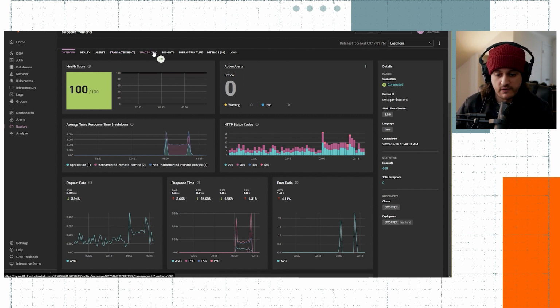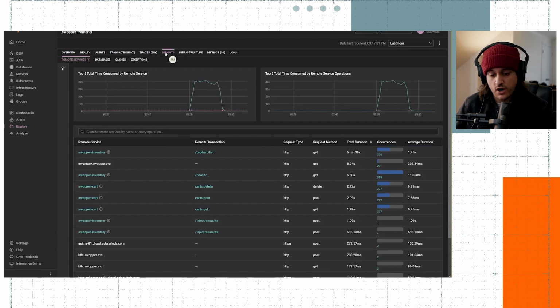So for example, if I were to go to the Insights tab, let's say our front-end service talks to some other services, which it does, and we can see here in the Remote Services tab, all of those different services that we make calls out to. And you'll notice that some of those services are hyperlinked. And that just means that those services have APM agents on them. So if I were to click on them, I could go and get the same level of deep insights into those applications as I can with this front-end service we're looking at right now.